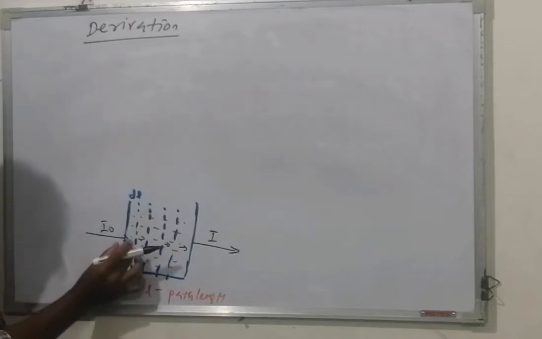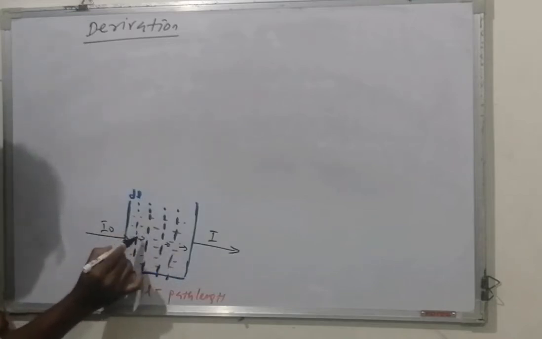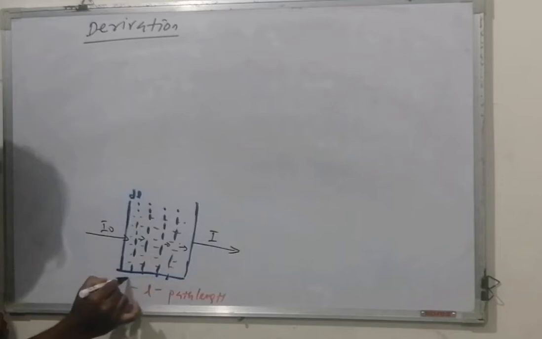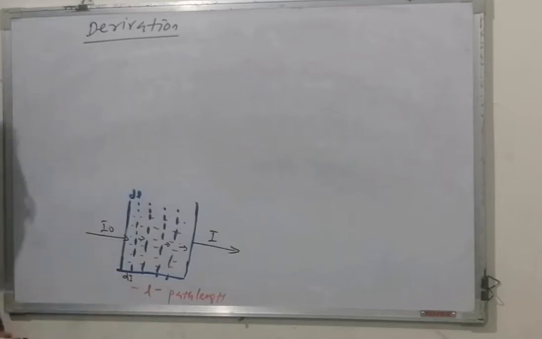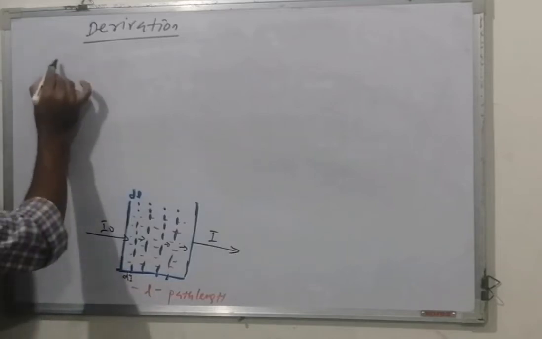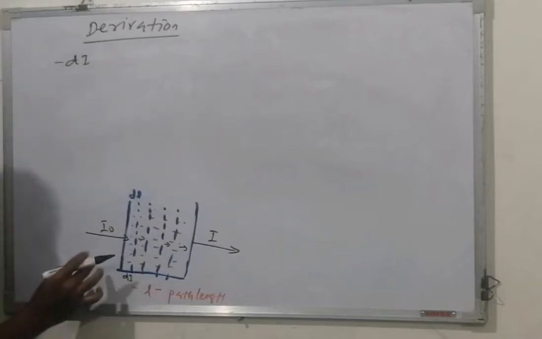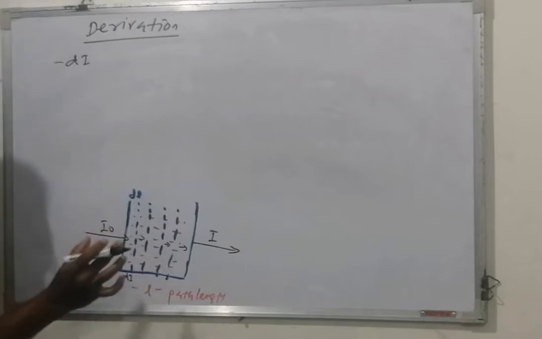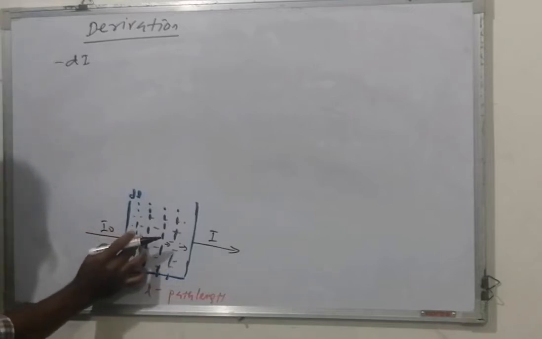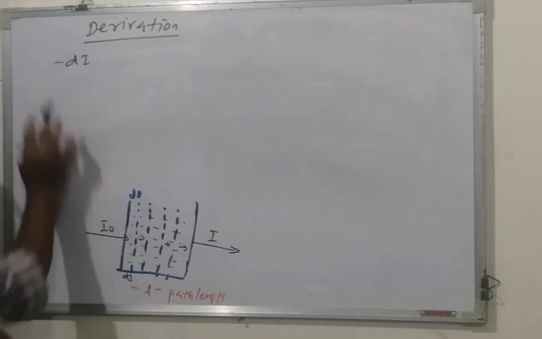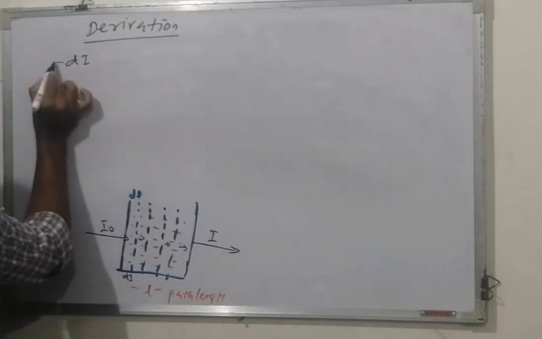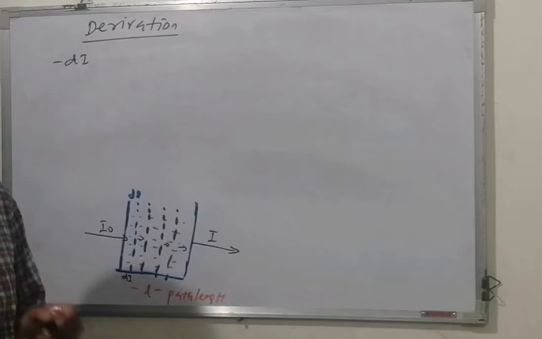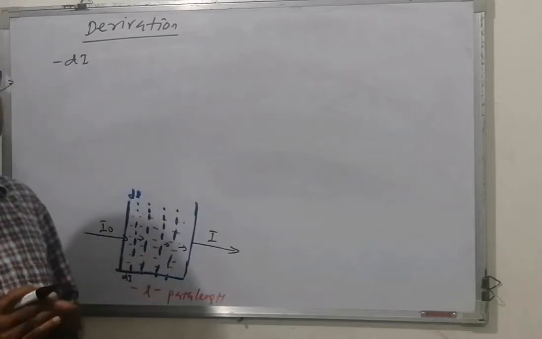In each passage there will be a decrease in intensity, that is called dI, decrease in intensity. Minus dI, because why minus? Suppose the final intensity is smaller than the initial, therefore the difference, final minus initial, will be negative. To overcome that negative, you put a negative sign here,